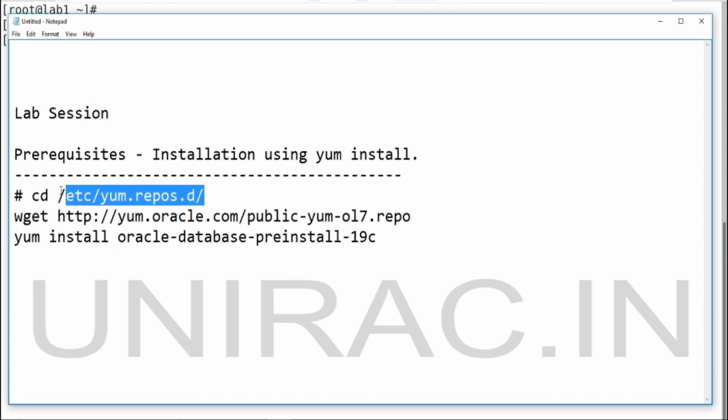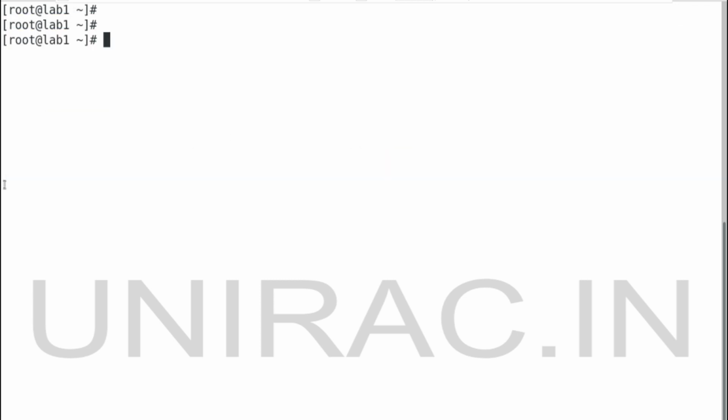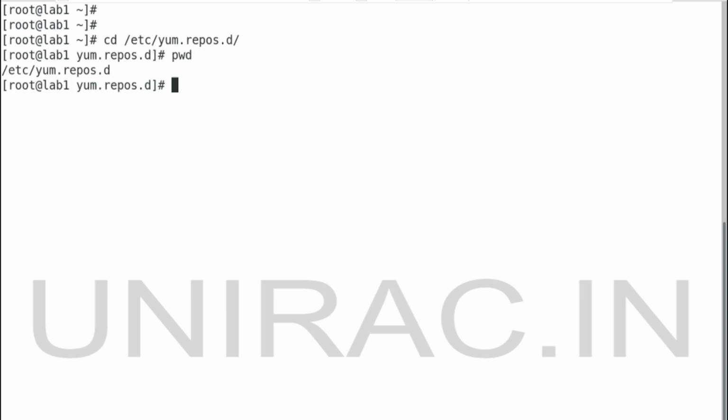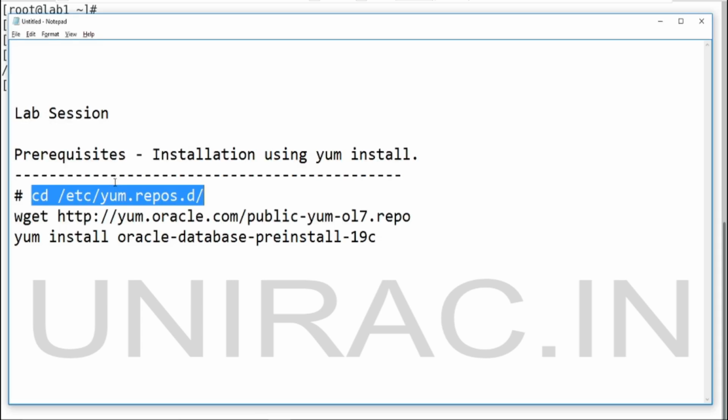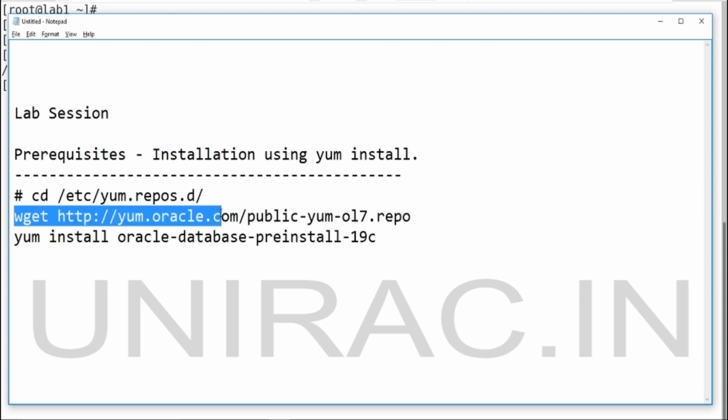We'll first change the directory to the yum repository configuration. Yes, we are there. Using wget, we'll retrieve the files.